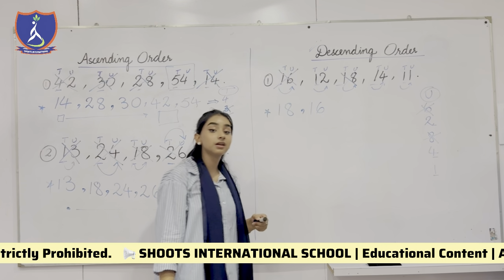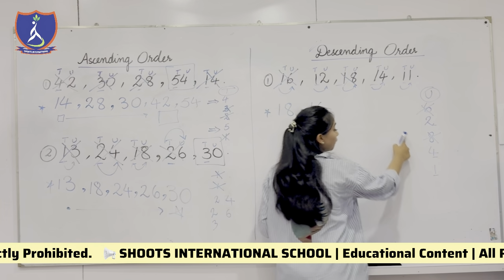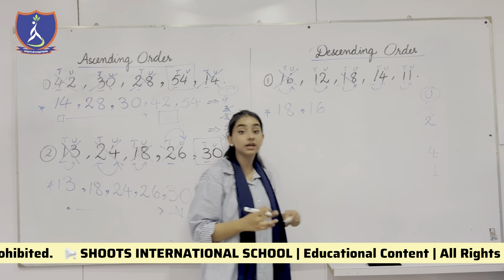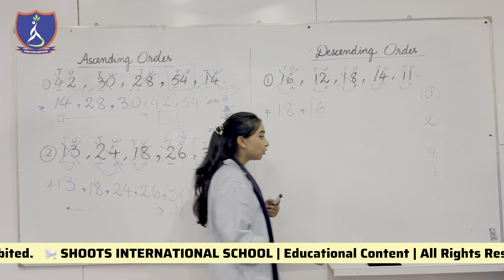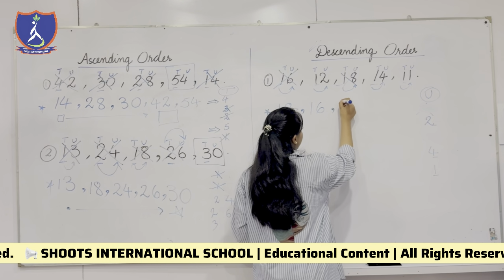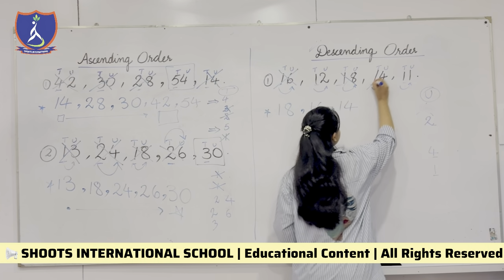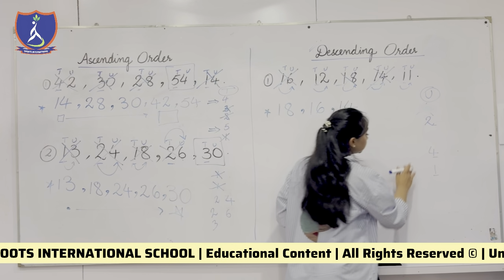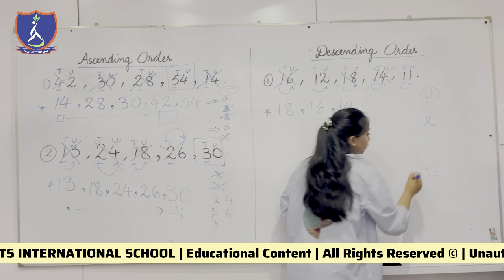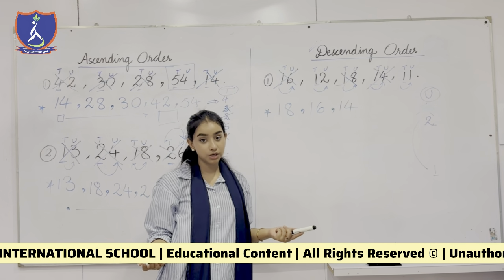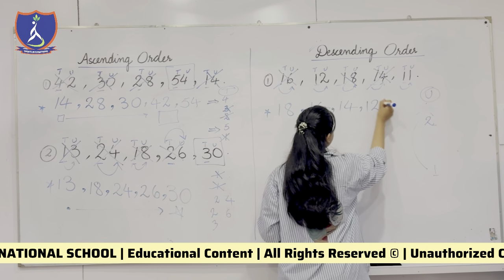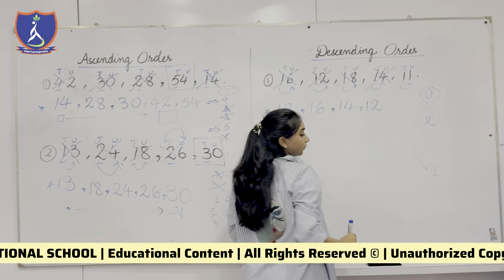What do you think is the greater number? In 2, 4 and 1, which one is the greatest number? The greatest number is 4. Excellent. So we are going to write 14 and this would be out of the game. Now we are left with two numbers, 2 and 1. You people know which one is greater, 1 or 2. Number 2 is greater. That means the next number is 12. It is out of the game.